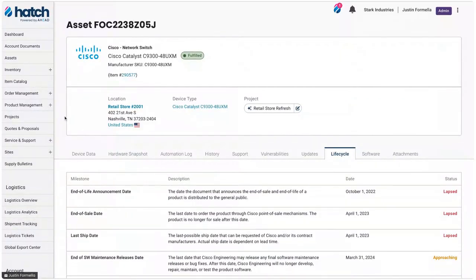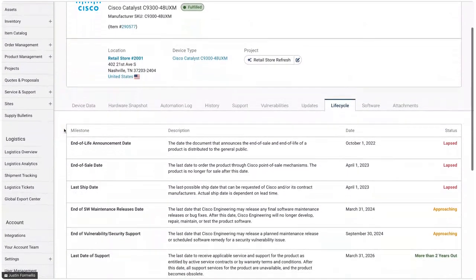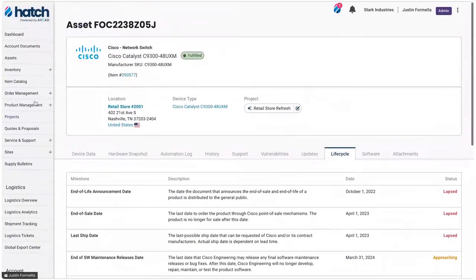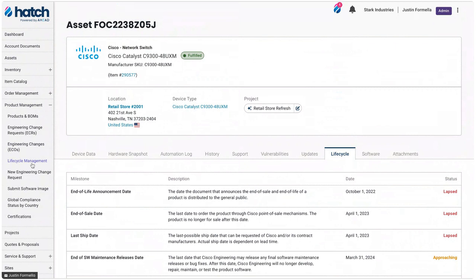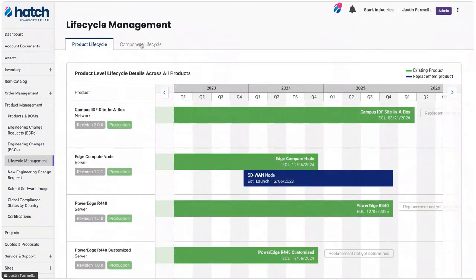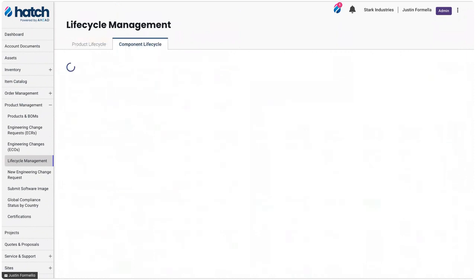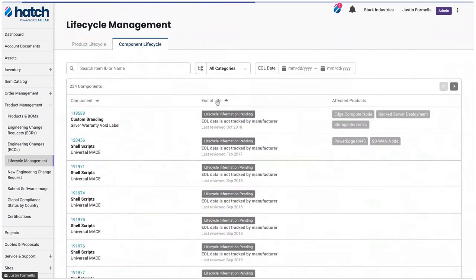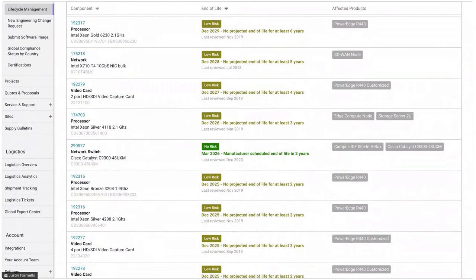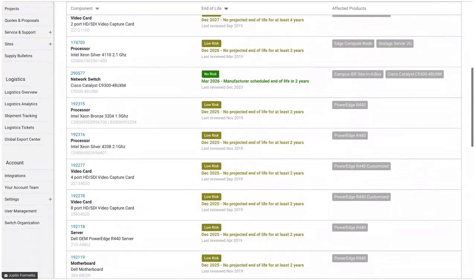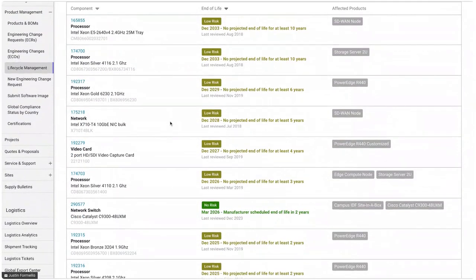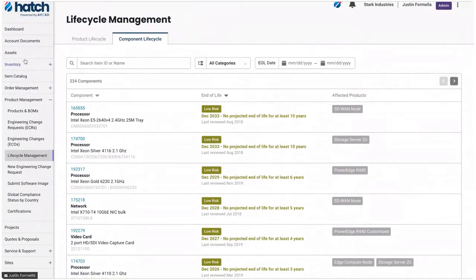I didn't switch tabs there. So we can see on a lifecycle basis the individual details. And what's really neat is I can then see that information in aggregate as well across my different productized records, across different components, and understand how lifecycle plays in, even assigning risk scores to individual parts of the overall equipment that we're sourcing and deploying for you.